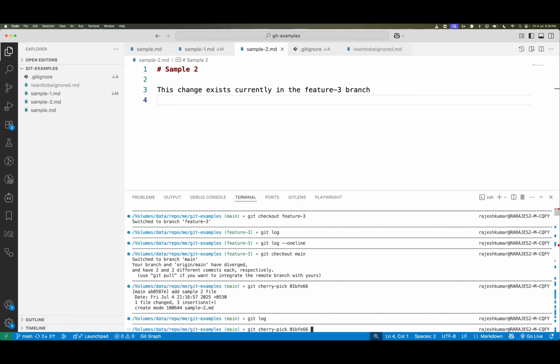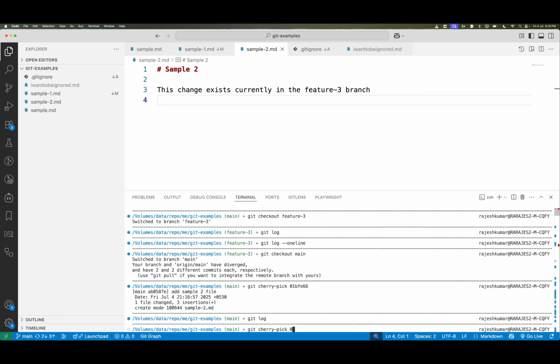Now suppose I want to bring those changes from the other branch, but I don't want to commit implicitly. So currently what happened, it brought the changes and it also committed. It directly committed those changes in this branch, but I want to bring that change in this branch and make some changes before I commit. So in that case, what we can do is